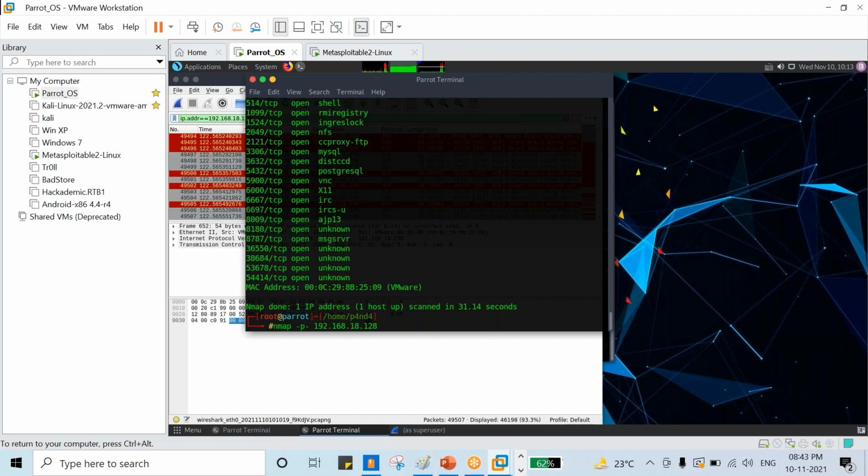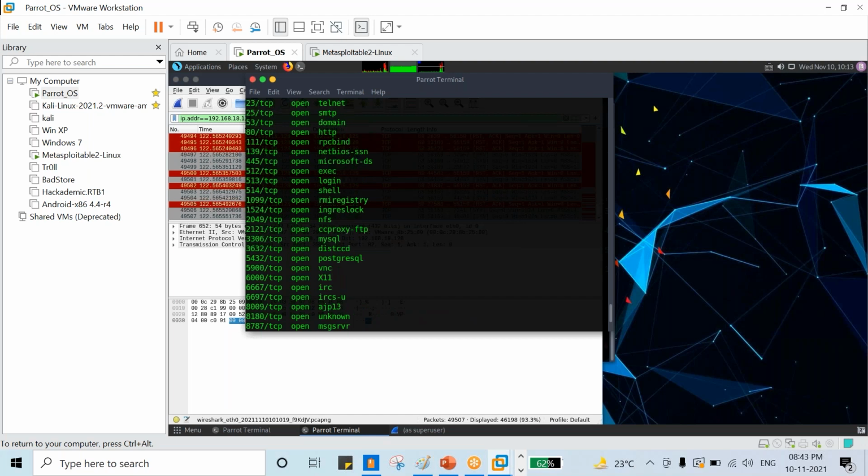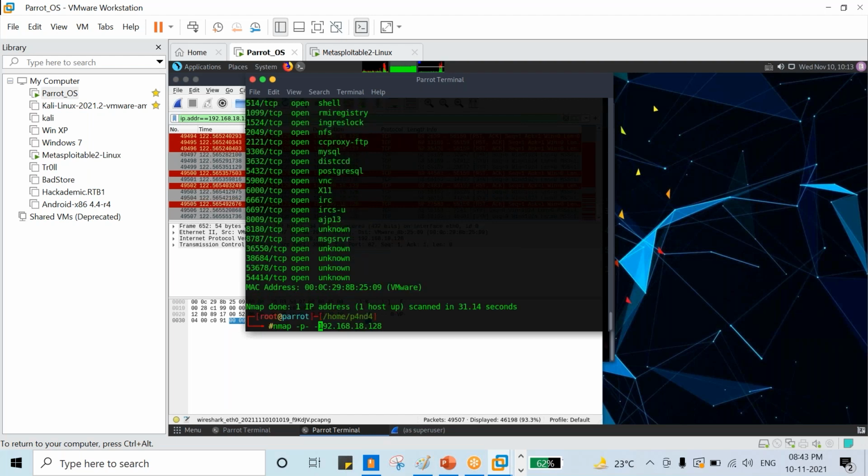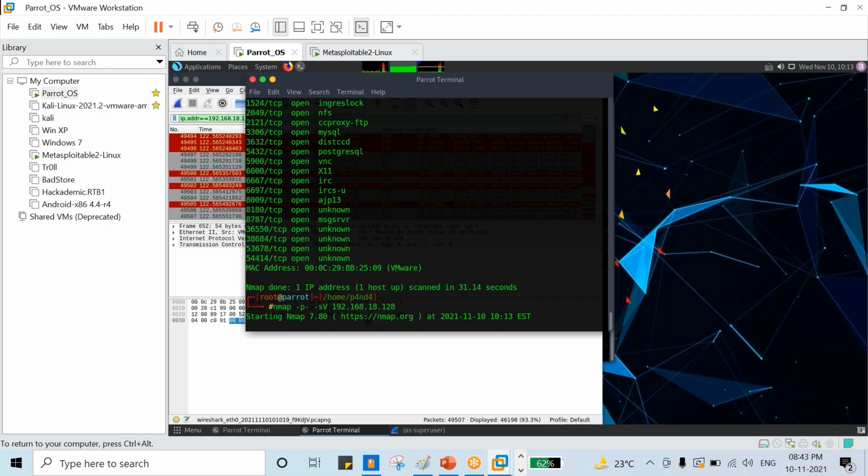So whenever you're talking about the enumeration part, we need to know the service versions. Suppose we can see port number 21, FTP is running. At which version is it running? We don't know, right? So for that, there is a command called -sV, version details of the particular services. You just hit enter, you will get the version details of the services.